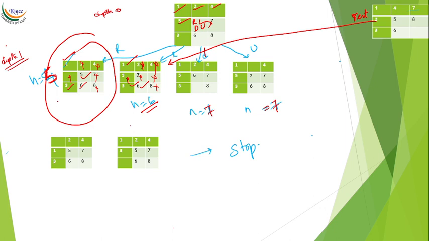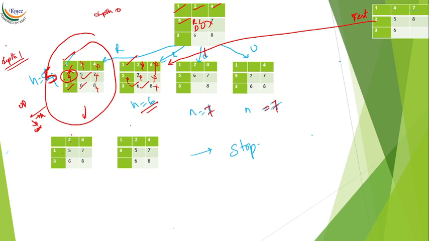Correct. Now this can move up, and if I go down, this is here, which means it can go 3 positions. It can go up, it can go down, and it can go left. It cannot go right as it is blocked. So if I go to the left, what is the value I've got? Up I've already gone. So 1, 2, 4, 2, 4, 1 comes down, 1 comes down, 5, 7, 3, 4, 8.